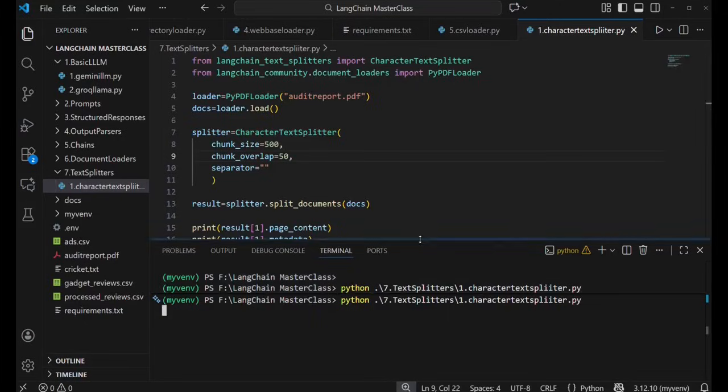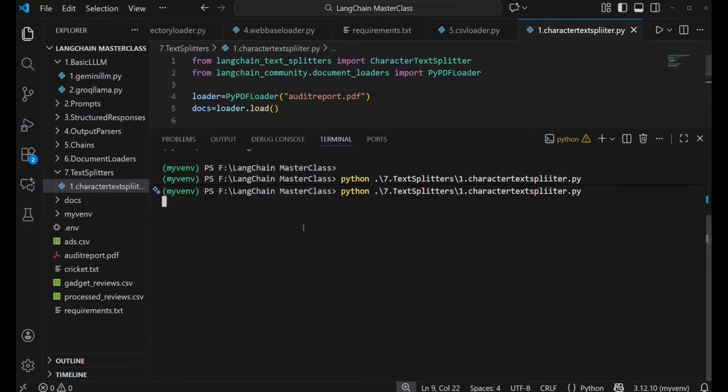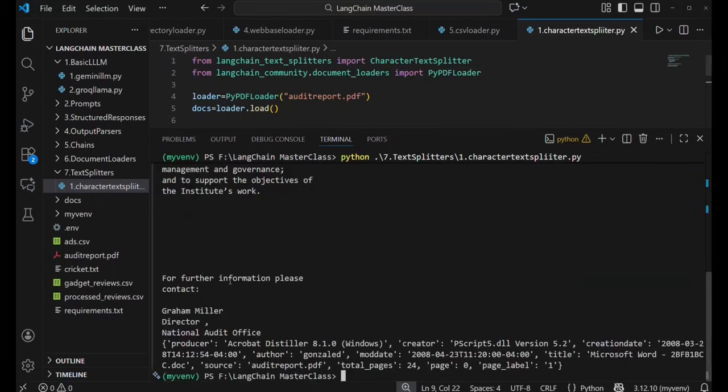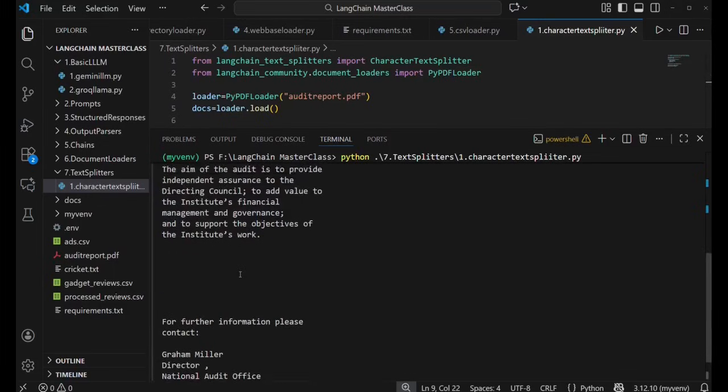And I can see that, okay, it is taking some time to run. So let's wait. I think the PDF file is too long. That is why it is taking some time. So yeah,